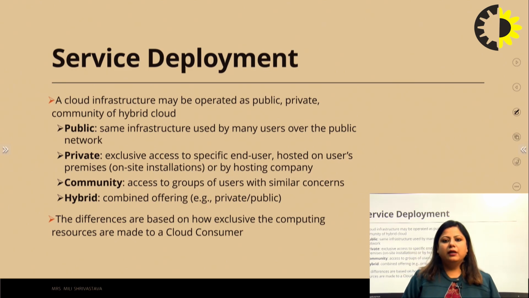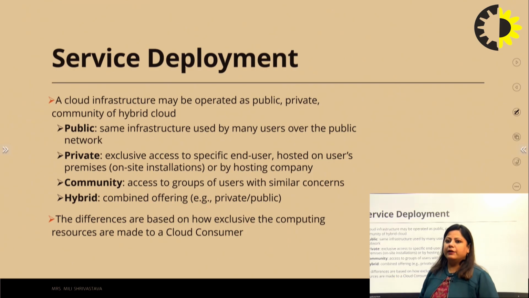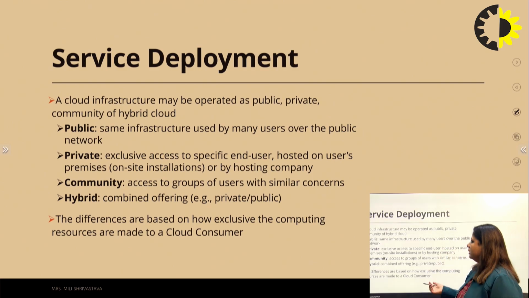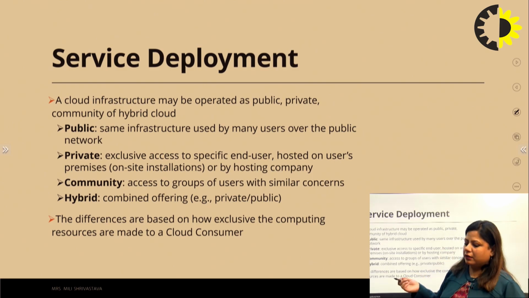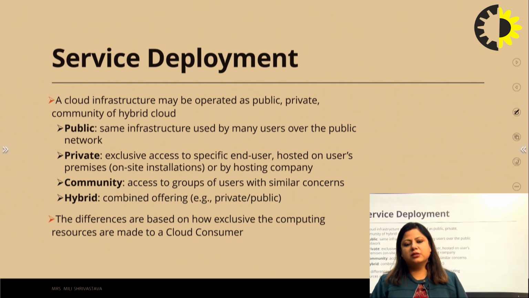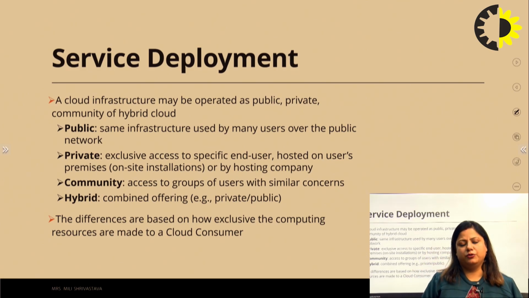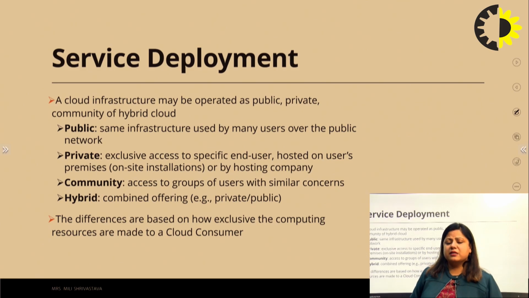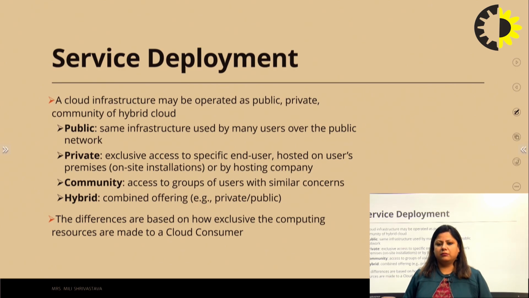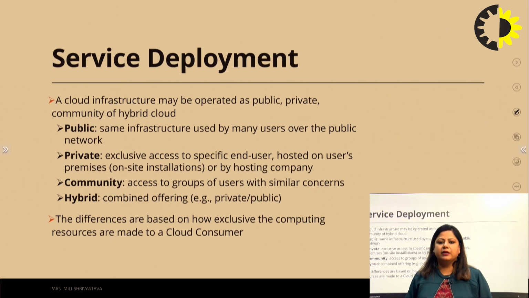Basically, the NIST model comprises these deployment models, which I already discussed in my previous lecture, that is public, private, hybrid and community clouds. Basically, these are deployment models or types of cloud computing, and whatever we require in cloud computing architecture is based on these deployment models. First is public, second is private, community and hybrid. There are 4 types of